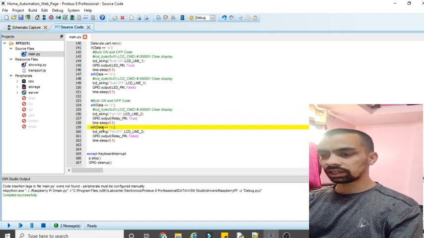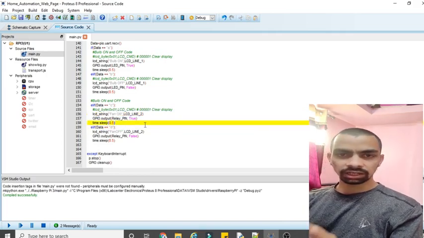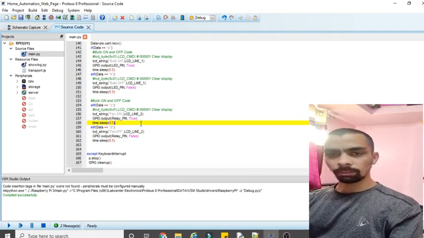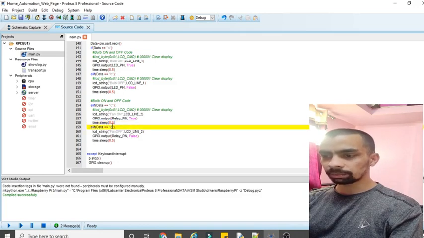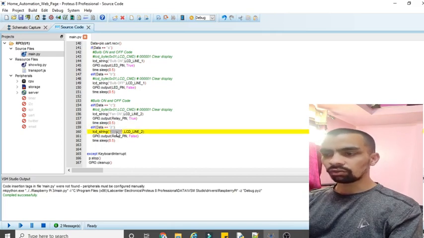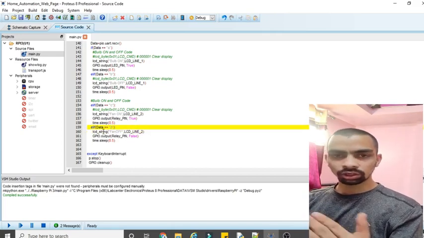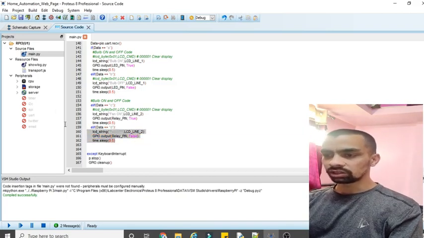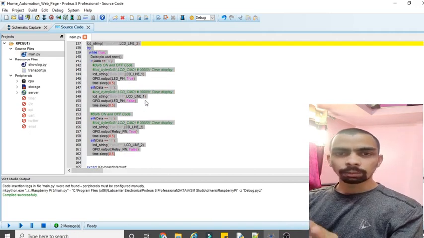Now next part is data is equal to D. So if the data is sent by the web page, that is if someone press the fan off button from that web page, then web page send the D value to the Proteus software. So once the Proteus software receive D value, then we have to print fan off on the line number 2, and we have to turn off the fan. So to turn off the fan, we have to send the false signal on the relay pin. To send the false signal on relay pin, we will use gpio.output relay pin to the false. So this is the basic logic behind your Proteus code.